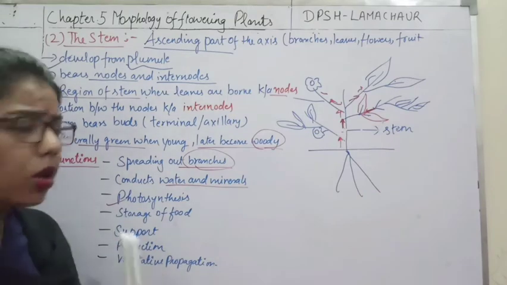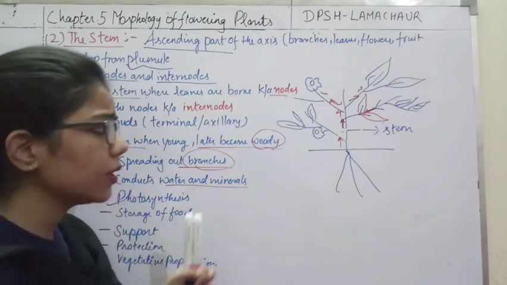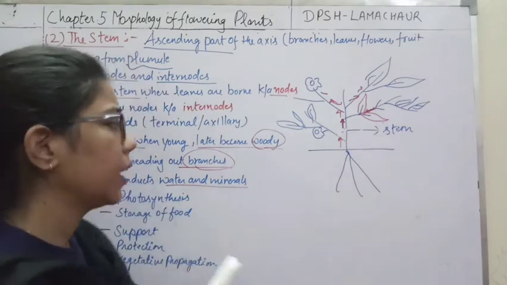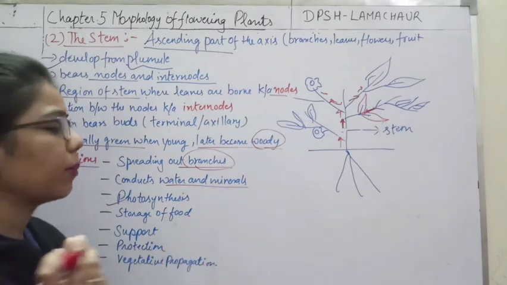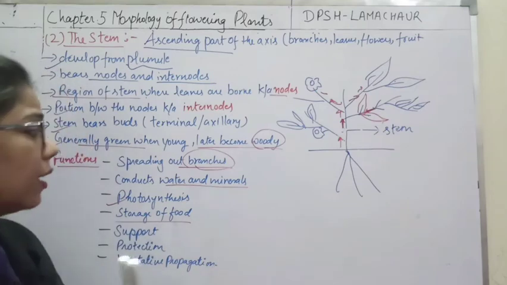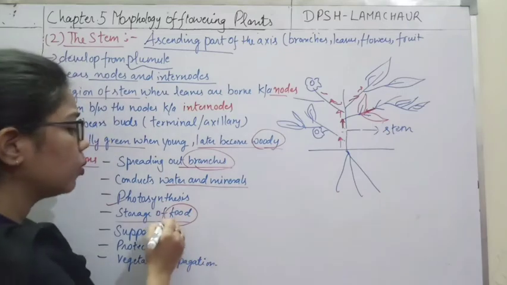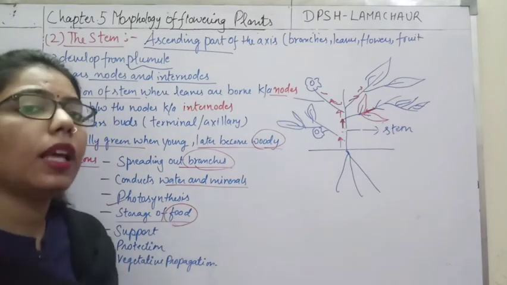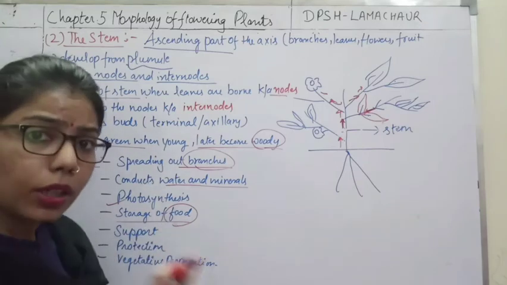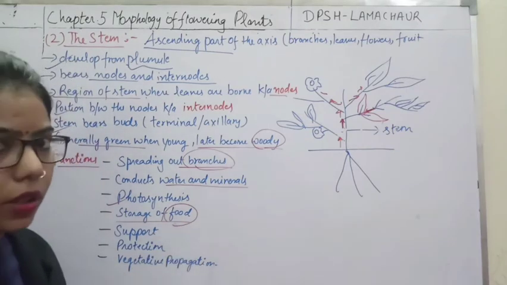Then photosynthesis, how? Because we know that the green pigment is responsible for photosynthesis. Here the stems contain different leaves, and photosynthesis takes place, and sometimes stems also play a role in photosynthesis. Then storage of food. You will see later on that some of the stems, after modification, also do storage. For example, I will talk here about the potato. Potato is a modified stem, and the modified stem transforms into a storage organ, in the form of a tuber.